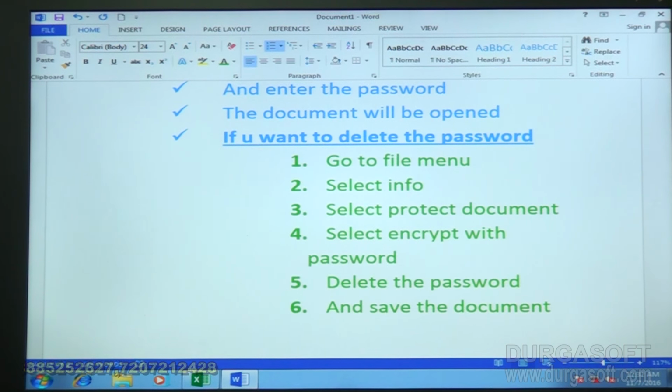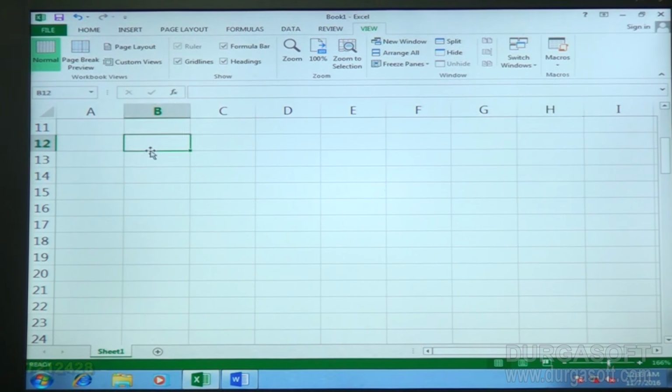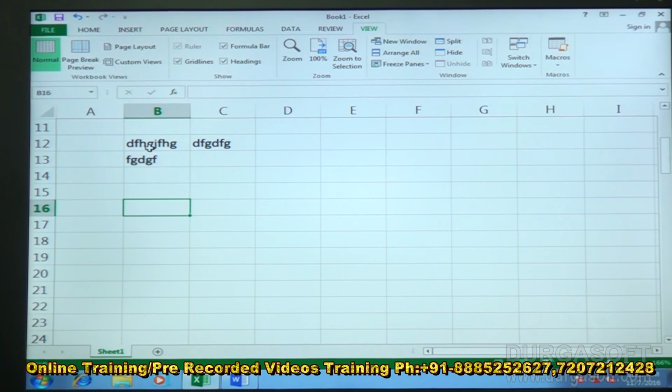So this is the creation of the password and also deleting of the password. Now we can see how to create the password and how to delete the password. Open the Excel. Before that, write any document here. After writing this document, if you want to save it or apply a